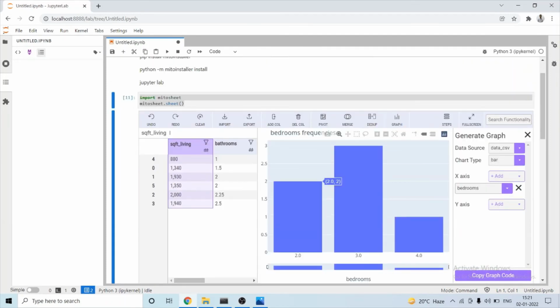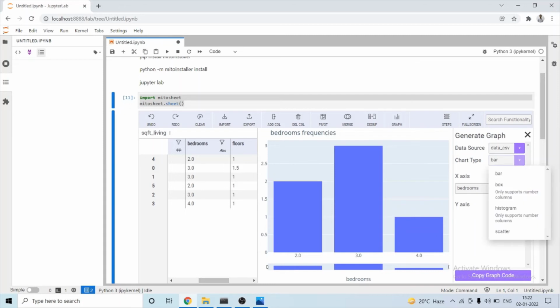As you can see in our dataset, we have two bedrooms with count 2, three bedrooms with count 1, and 2, 3, and 4 with count 1.